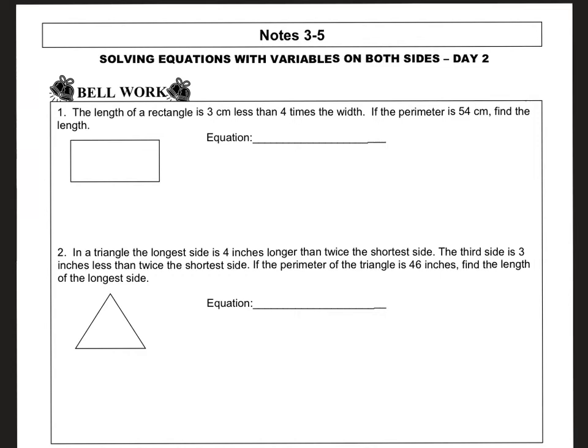Hi, this is Mrs. Broad again, and we're going to work on solving equations with variables on both sides again today. But first, we're going to go ahead and work the bell work, which involves some translating and some solving